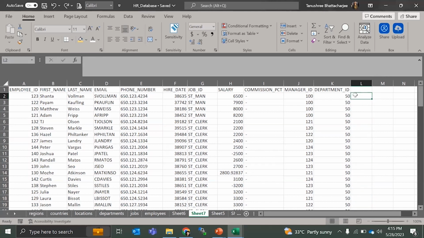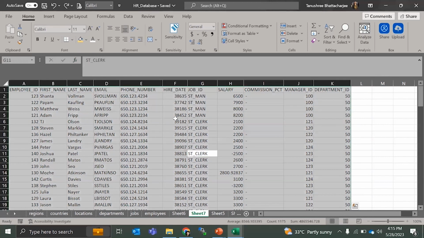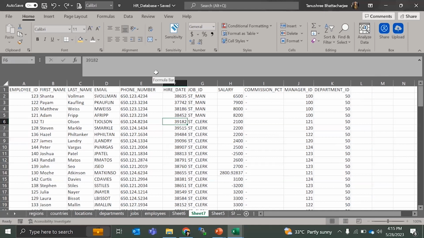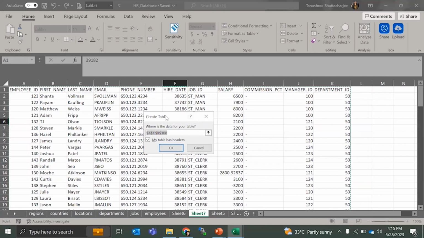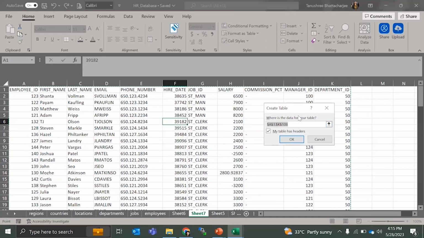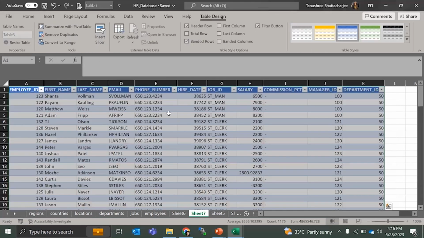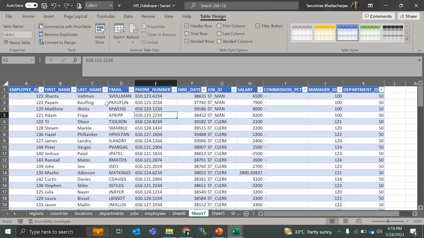Let me show you now one good thing, which is about tables. I do a Control A, or you can just click also, it doesn't matter. In the Home tab, you come to Format as Table. You select which format you want. Now it will ask where your data for the table is. Because I selected one of the cells inside the table, my entire table got selected. My table has headers, so I check yes. Now I click OK, and my table got formatted so nicely with